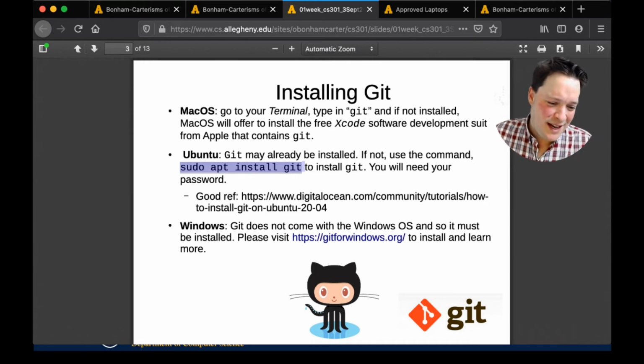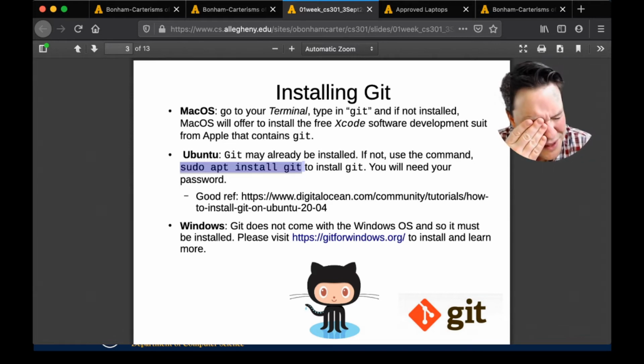It's going to ask you for your password, so don't worry if you think, why is this computer being so nosy and asking me for a password? That's necessary, and I think Windows is the same way too.